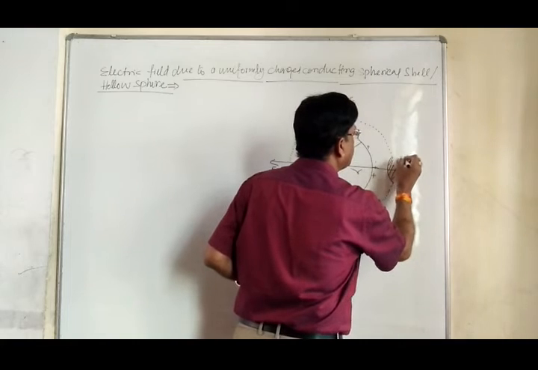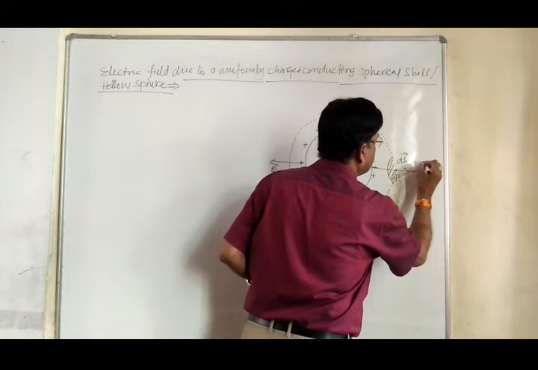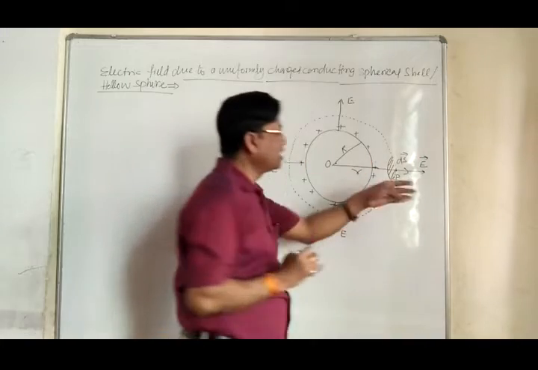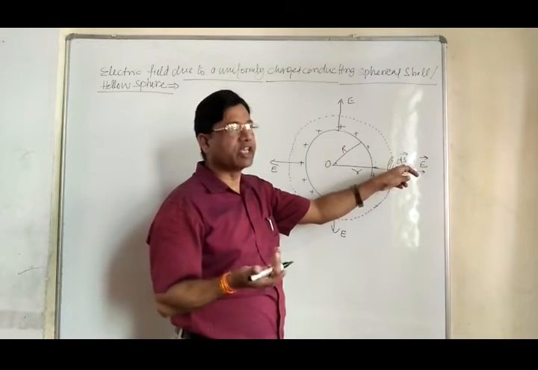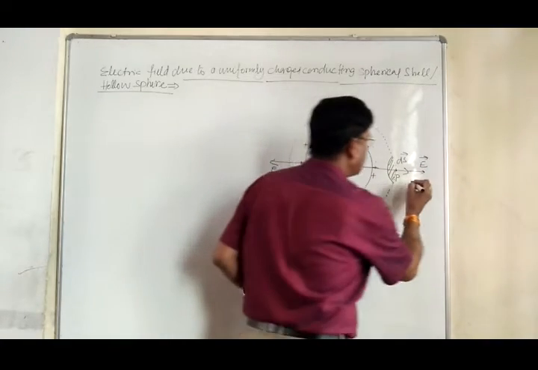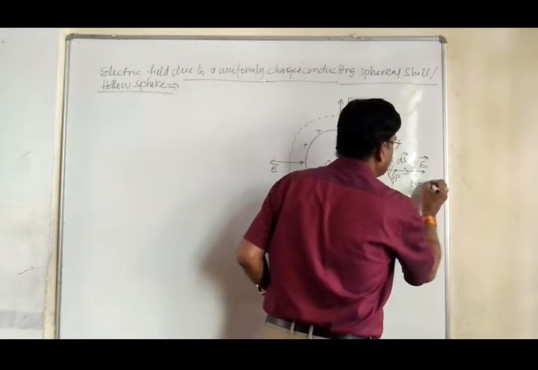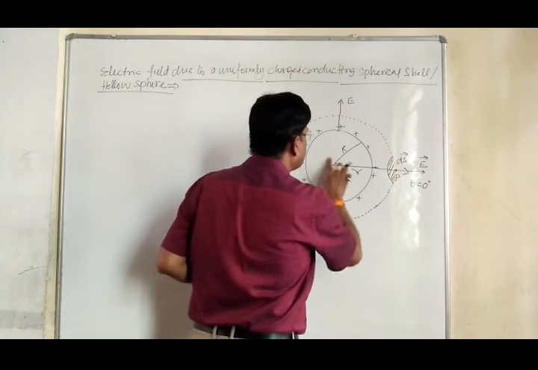This is ds. And the direction of electric field is this, E. Both here are in the same direction, that E is parallel to ds, we can say. ds is along E, then theta here is 0 degree. This is the first one. Then how will we go for this? Just see.